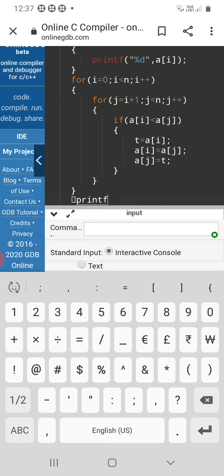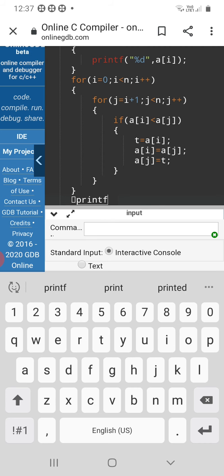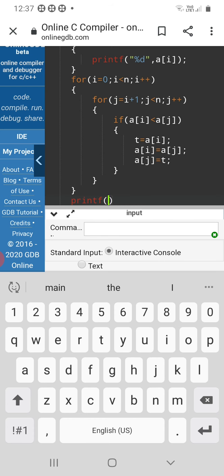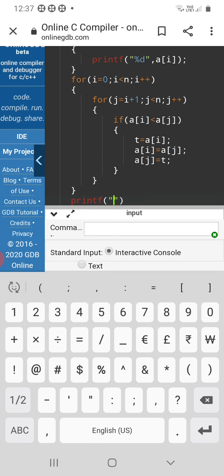printf, array elements after sorting, that is nothing but the descending order output.